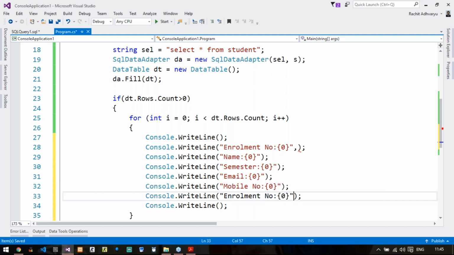Now I need to print the enrollment number. So I will first pick up the first row and its first column. The row index is i, and the column indexes are 0, then 1, then 2, then 3, then 4 and 5.